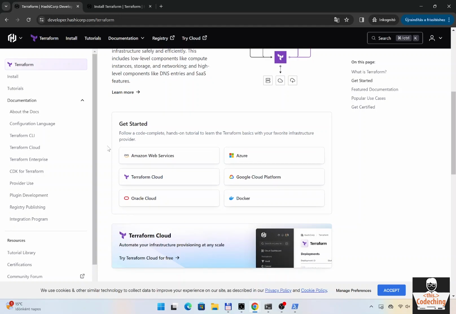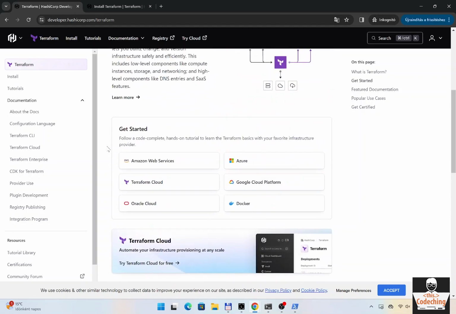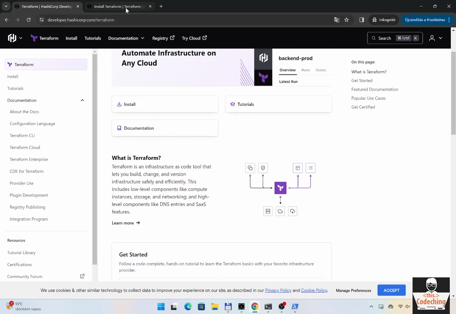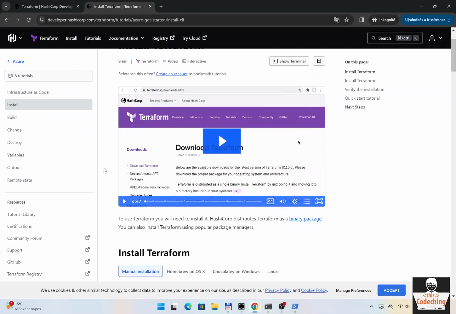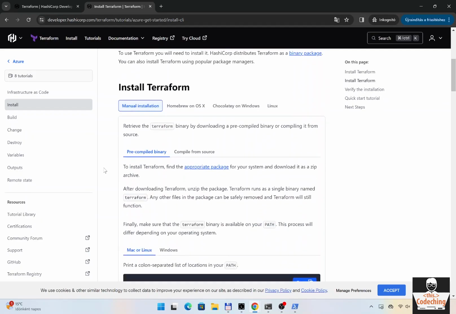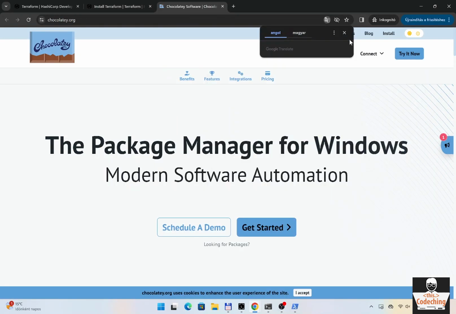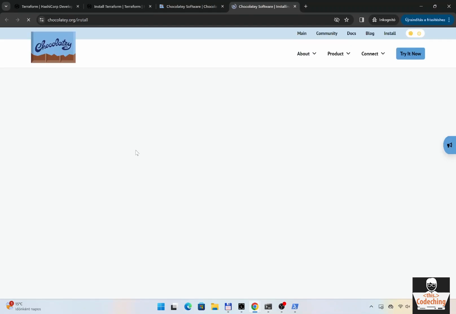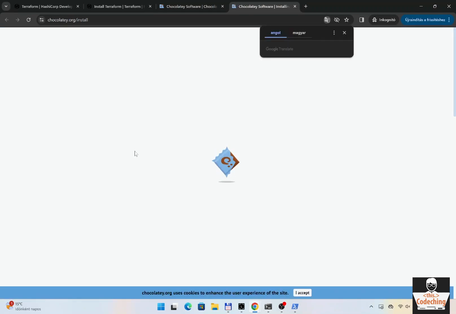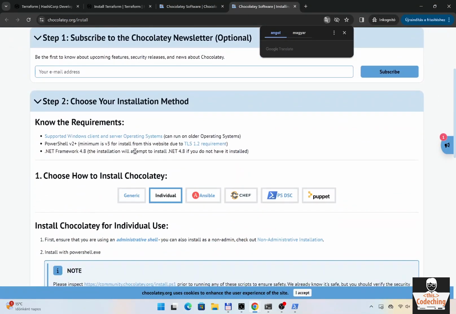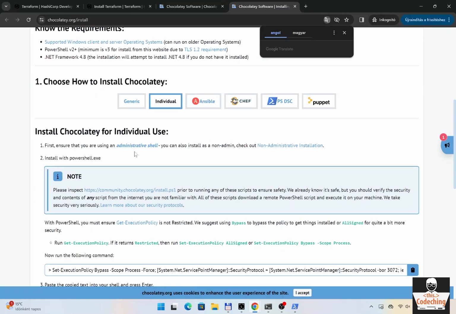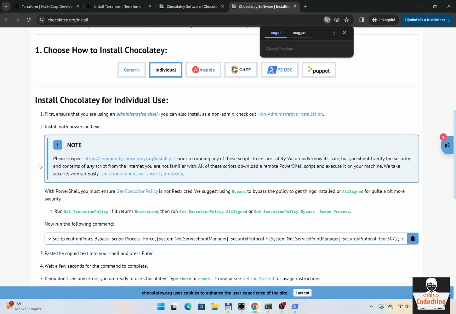But okay, we are starting with the installation step. So the first thing is to install Terraform. You will need this Choco tool for this one, so if you haven't installed this tool on your computer yet, then start with it, please. I'm installing it. So as you